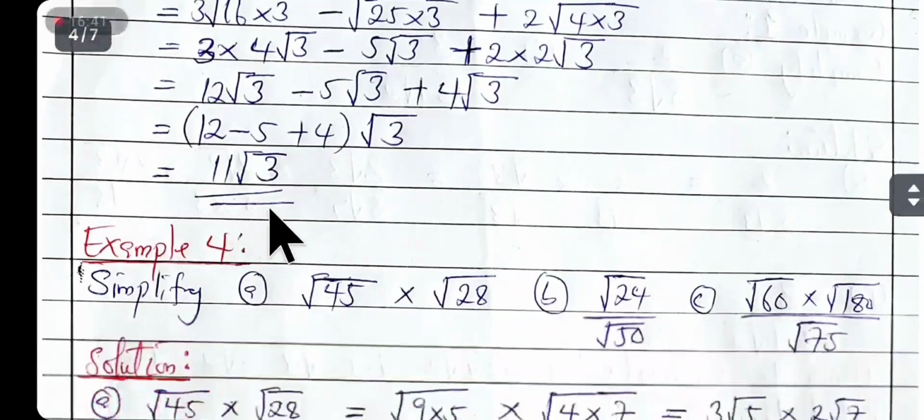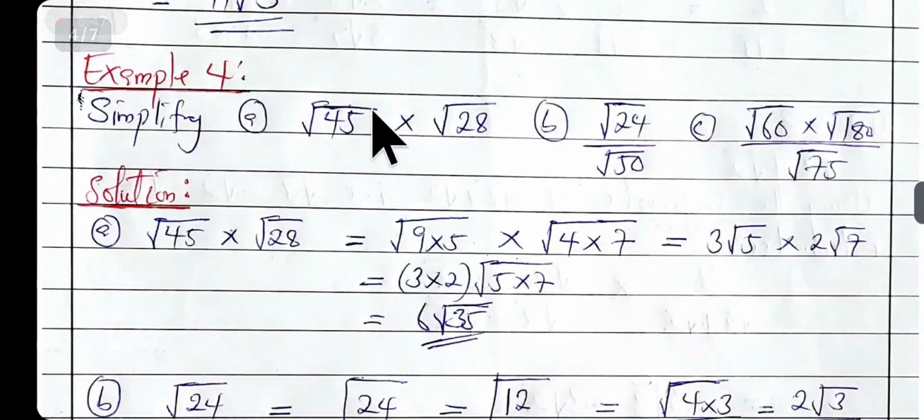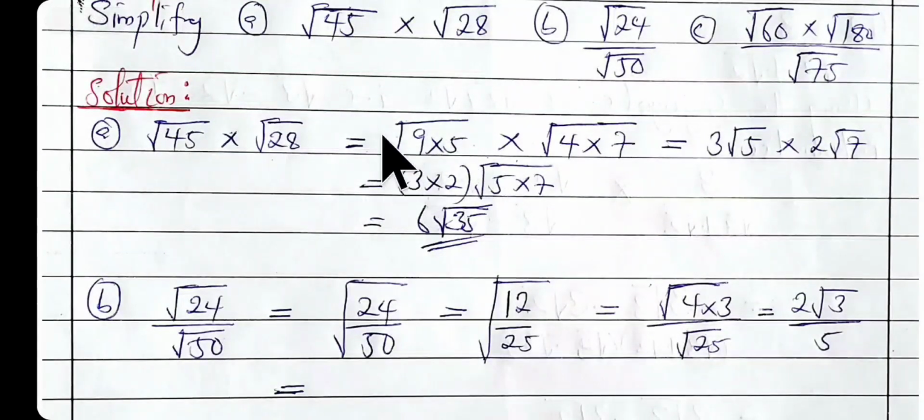Okay, so the next example, we are asked to simplify root 45 times root 28. Then this has to do with division, root 24 all over root 50. Also root 60 times root 180 all over root 75. Solution. So if you are solving this, root 45 times root 28,